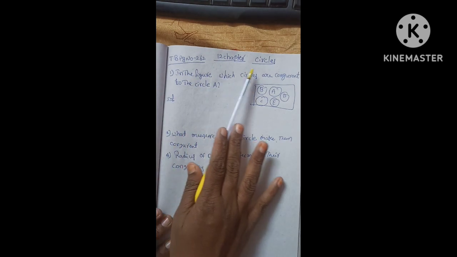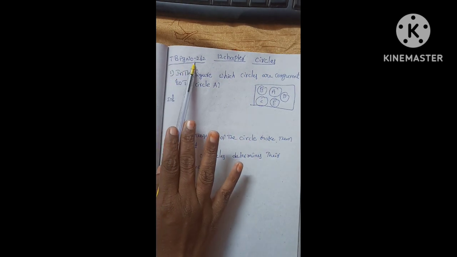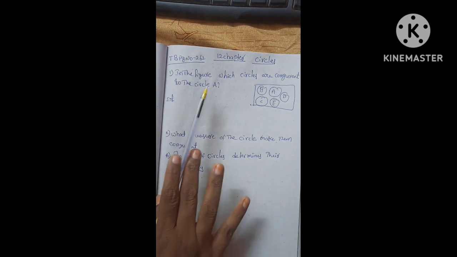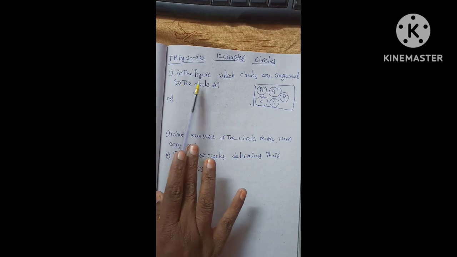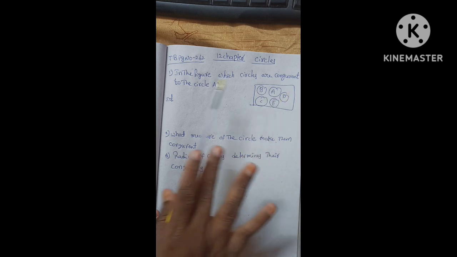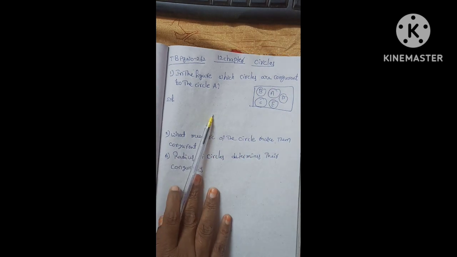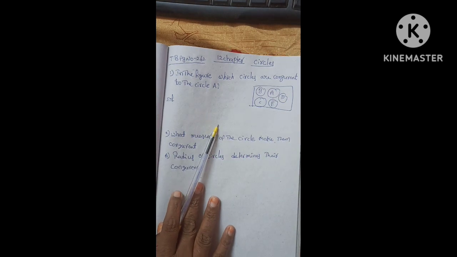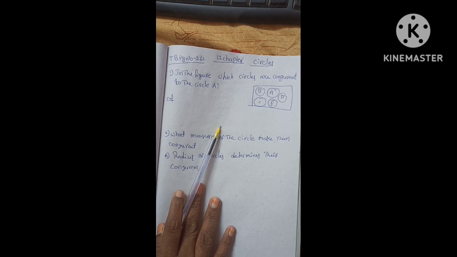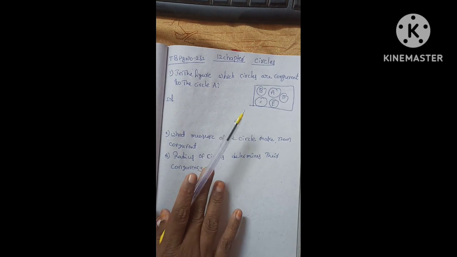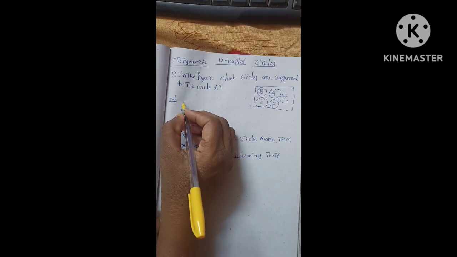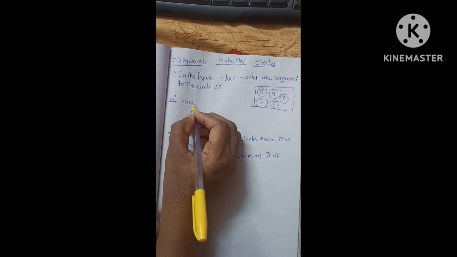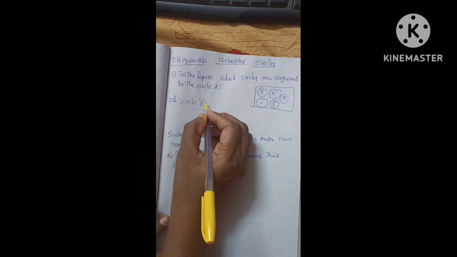Today's topic is the 12th chapter, Circles, textbook page number 262. In the figure, first question: which circles are congruent to circle A? Which one is the congruent circle? Simple question. Circle E is